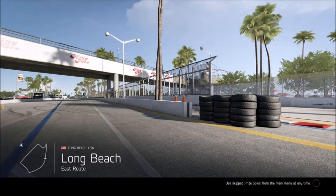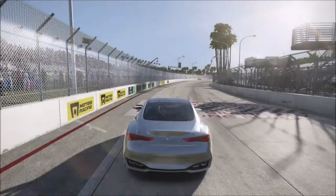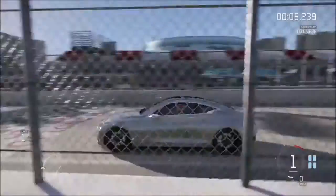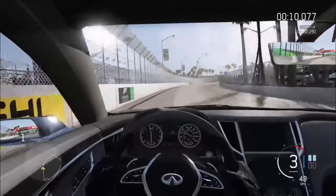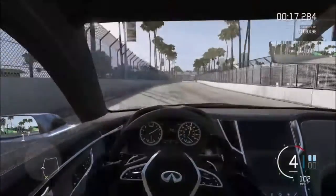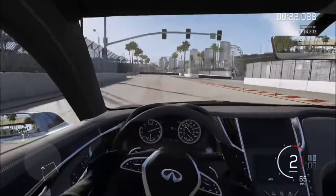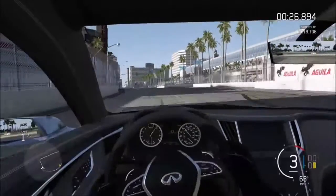So we're going to go to Long Beach because this car really kind of suits a city track and an American track. Not only because this is an American car, well, it doesn't really look American, it kind of looks European, so it would kind of more suit maybe a European city track, but I'll just pick Long Beach as I like it. Same track I used for the Fast and Furious car pack review. I could have picked Prague, but still, like I said,